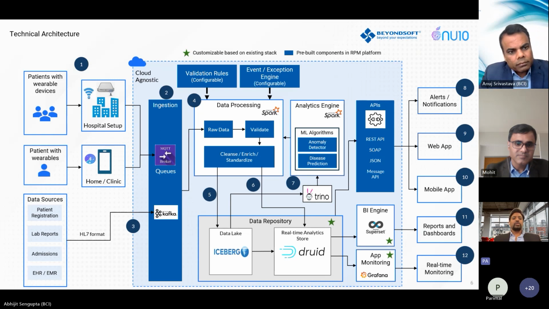So some of the quick highlights of the architecture are our quick deployment process because of the availability of pre-built components. So the ones highlighted in dark blue in the diagram here are all pre-built components that can be used to speed up the deployments, right? And this platform supports data from small clinics and home setups as well as large hospitals. So if you talk about the data flow, right,